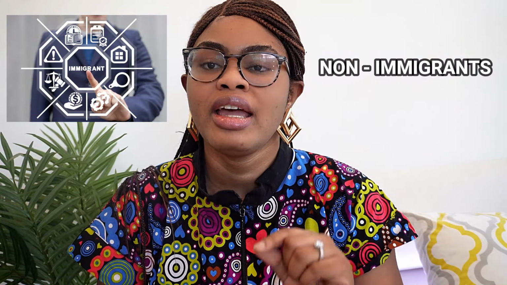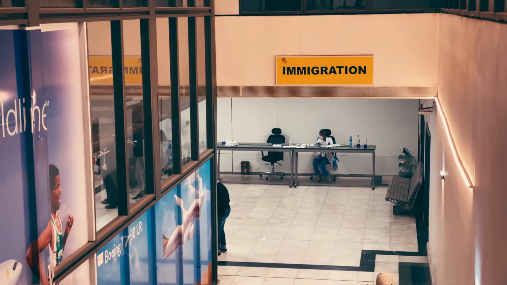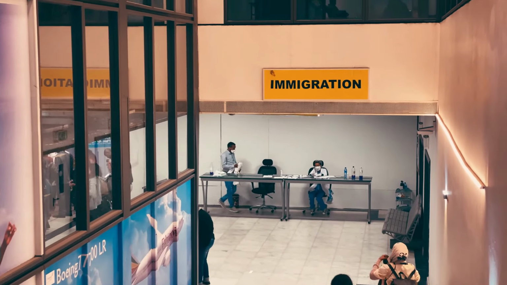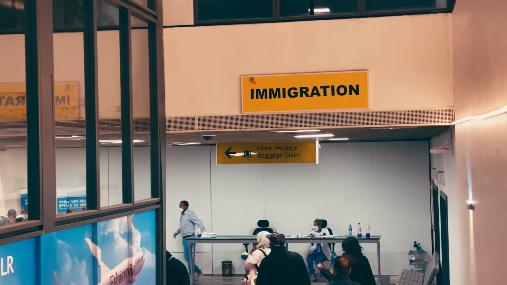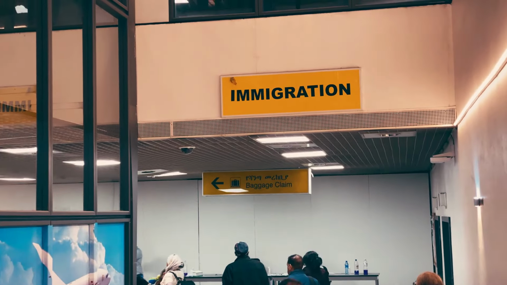You are coming here for a purpose, and when the purpose or the contract expires, you are going back to your home country. But however you come to the United States, all you want is just to step your foot here. If you relocate as an immigrant, oh my god, that's the best. But if you relocate as a non-immigrant, don't panic, because there is something called adjustment of status, which we're going to talk about in another series of videos. But now we are focusing on the ways you can migrate to the United States.